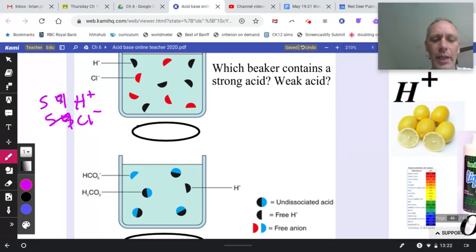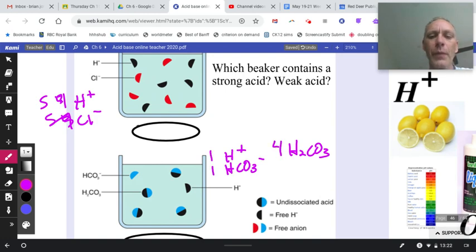Okay. And in beaker number 2, we also have some H plus and some HCO3 minus and some H2CO3. Okay, and we have one of those, and 4. All right, so the one that stays together is called undissociated acid. In other words, it has not